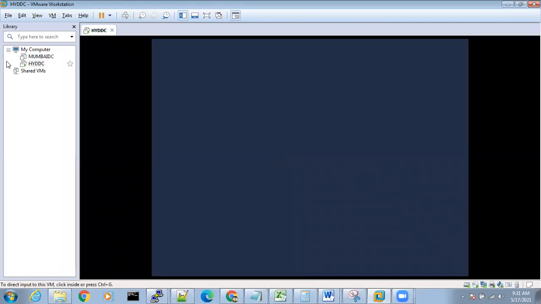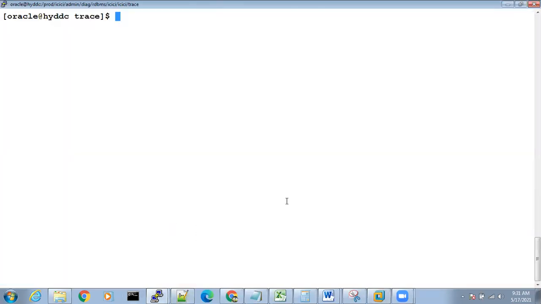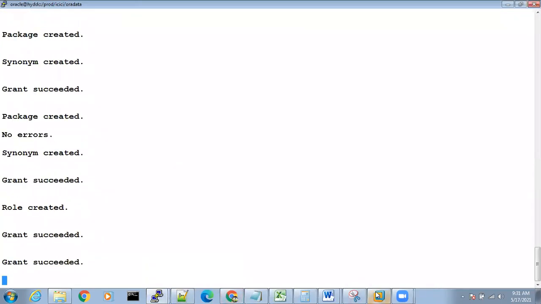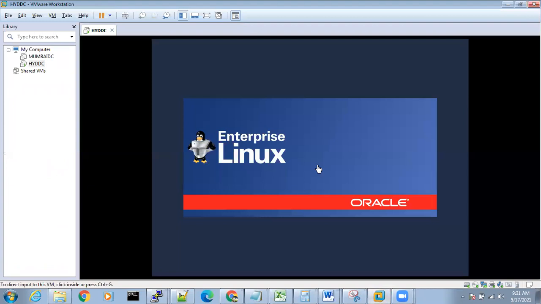So where I'm going inside the VMware. I'm not using Putty now. Putty is a tool we can connect to this server from any location you want, with the help of IP address. So now I'll explain you. There is another method to create a database actually. I won't explain this in the first session, but I'll explain this database creation in the last, but I will show you now. So that you will understand.